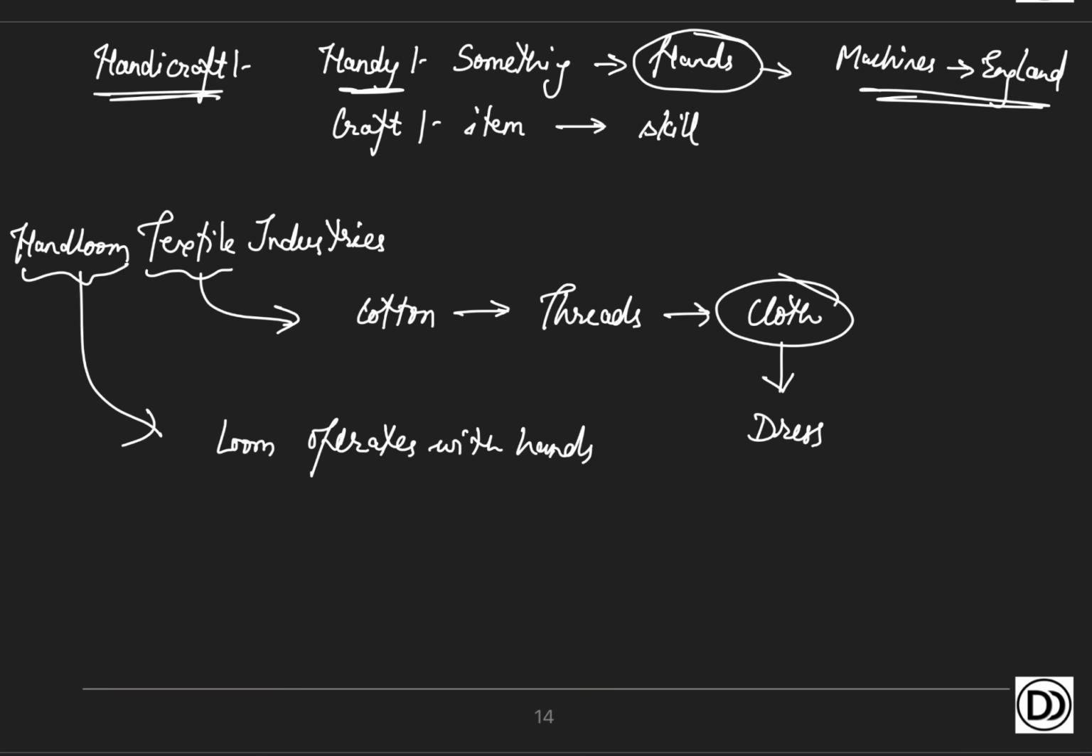So I hope that I have established the meaning of these basic terms. So let us proceed further. In the last lecture we saw how East India Company used to buy Indian goods and sell them in England